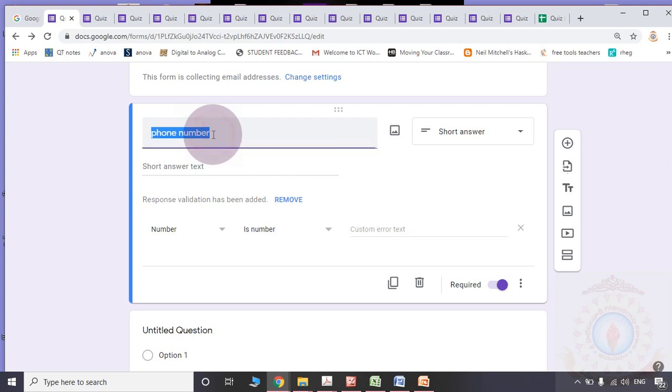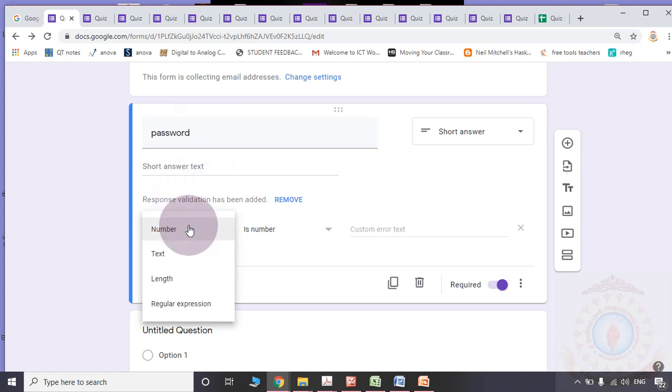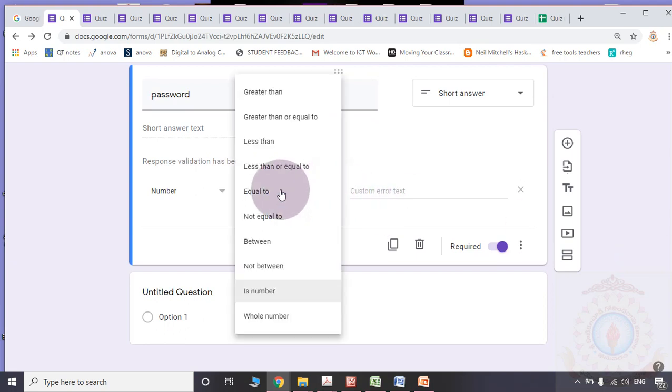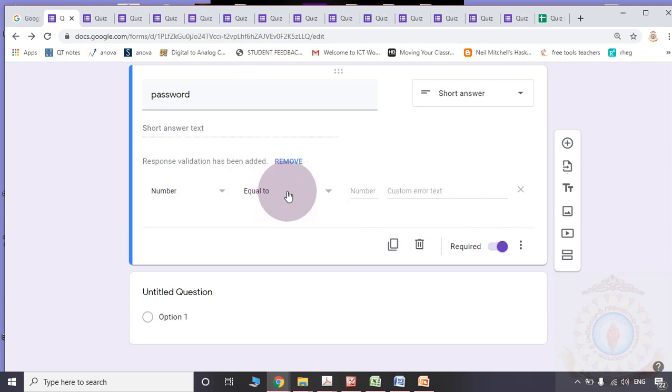Similarly, you may use password also. Now see, I am selecting equal to. Here in this place I am selecting equal to.